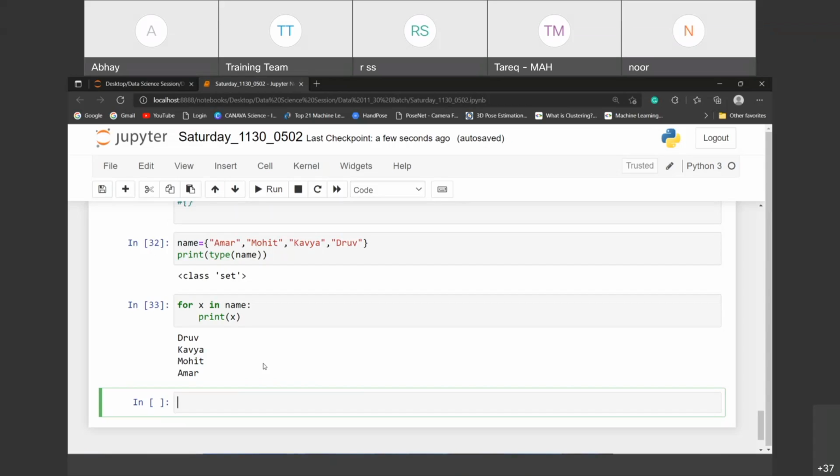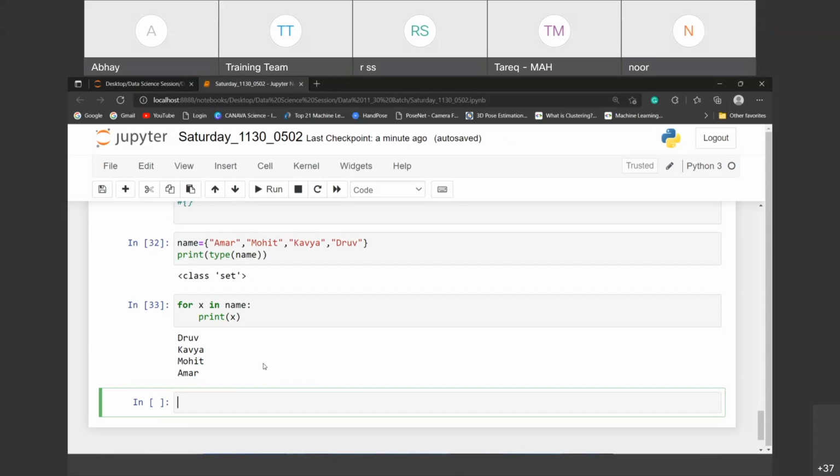Adding the value is enough. Sometimes the question will rise like how to add data into a set. Some people say insert function, some say append function. No, not like that. You have to use the add function.